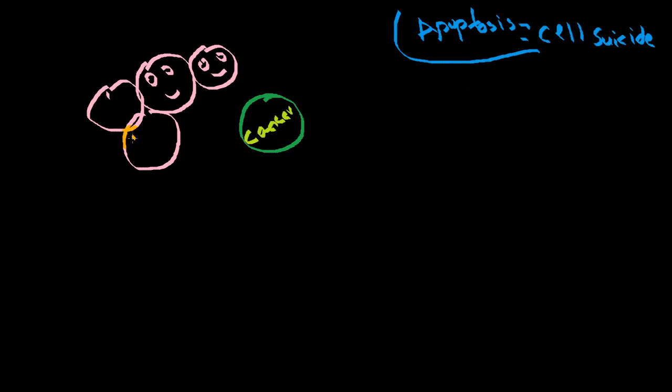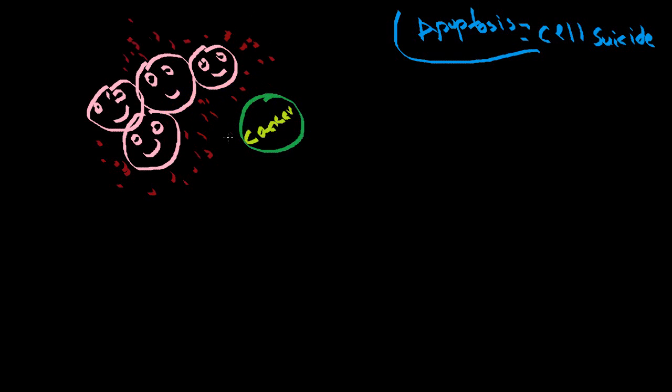Apoptosis is the process at which cells would kill themselves in order to maintain some structure or process in the body. So if we had a lot of normal cells here that are going to be undergoing apoptosis, the cell suicide, they're going to be releasing some signals in the environment to kill all other remaining cells in the direct immediate area. This could be for wound healing or embryonic growth.